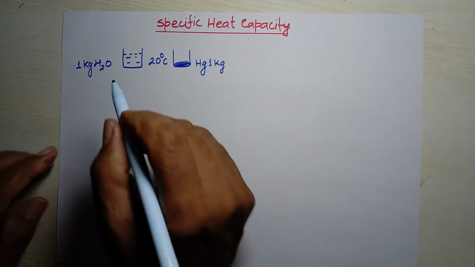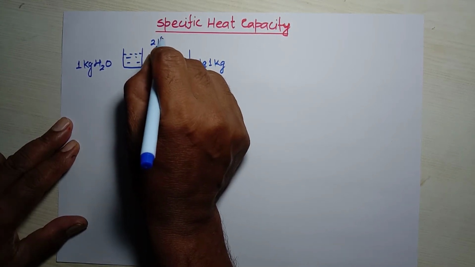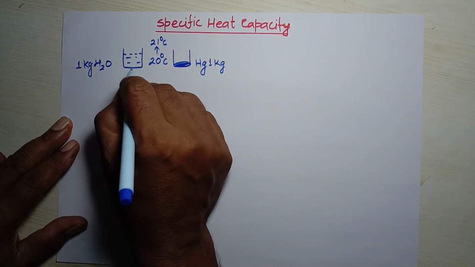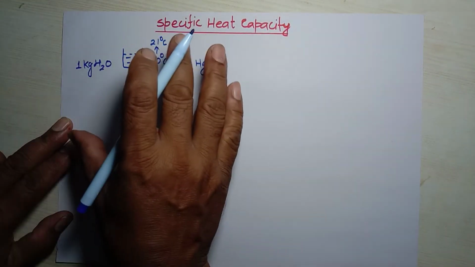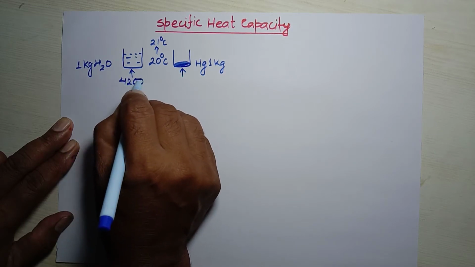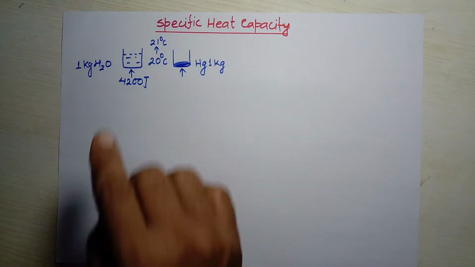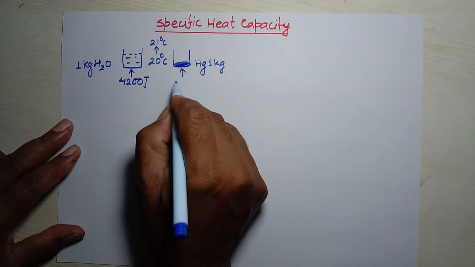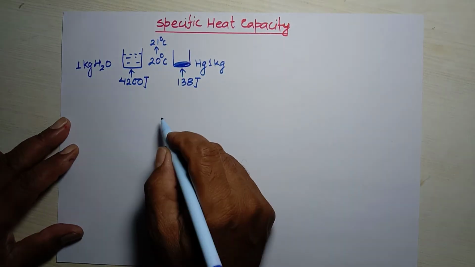Now, I want to increase their temperature by 1 degree Celsius. It means finally I want 21 degrees Celsius. When water is heated and mercury is heated, what is found practically? It is found that when water absorbs 4200 joule of heat energy, then its temperature rises by 1 degree Celsius. But on the other hand, when mercury absorbs 138 joule of heat energy, then its temperature rises by 1